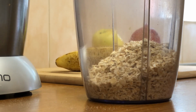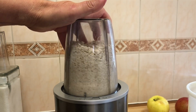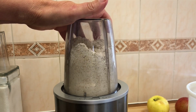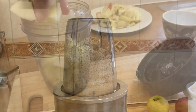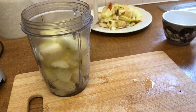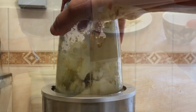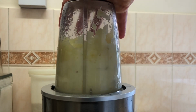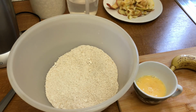I decided to make a cake rather than biscuits. I'd looked on the internet and found 2 or 3 different recipes, and this is my version of them. 2 cups of porridge oats that I just blended to make it nice and fine. I peeled and cored the apples and chopped them into quite small pieces, along with some water. And I blended those into quite a liquid pulp, really. Added that to the